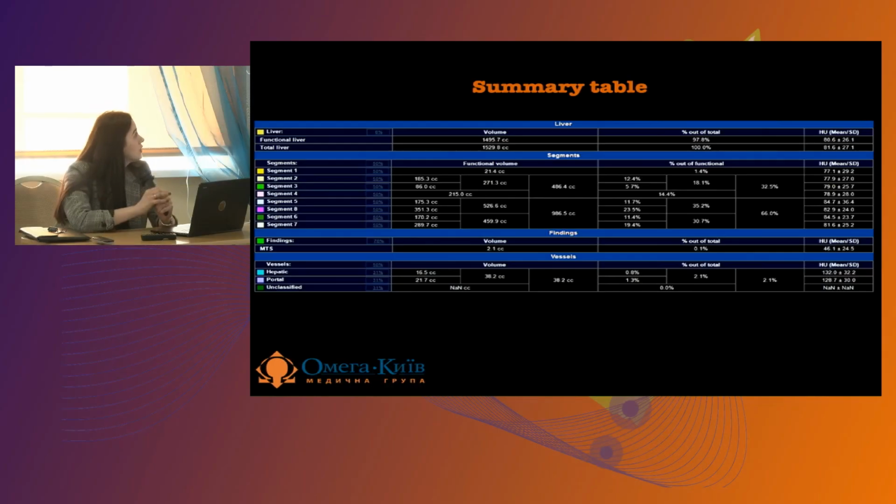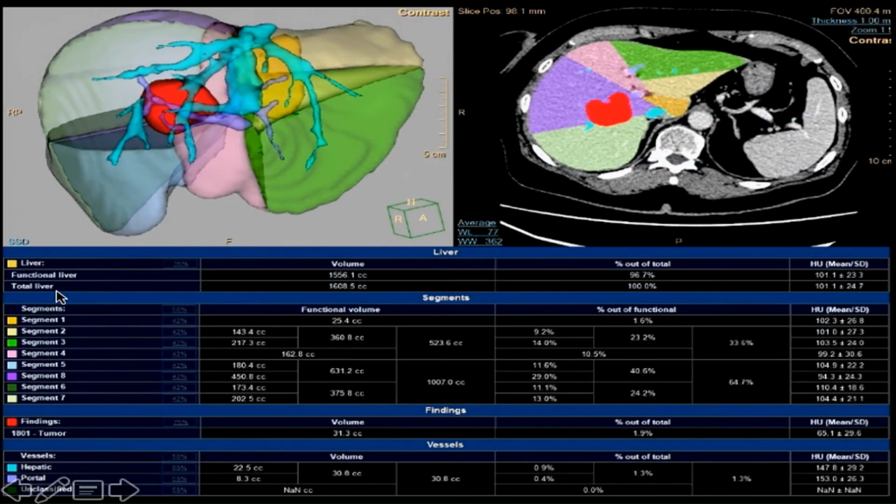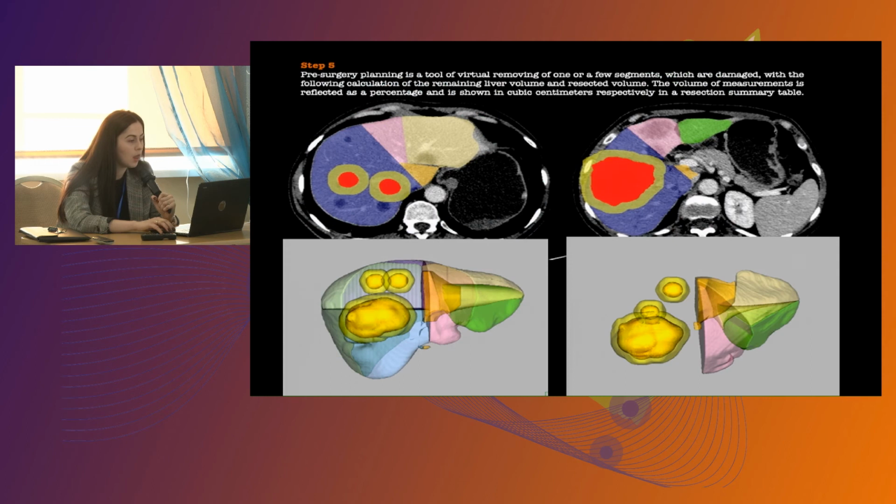Okay. Summary table. All needed measurements are already here. As you see, there is functional liver volume, total liver volume, routine. And then the last step, the last but not the least, it's pre-surgery planning, and it's a tool of